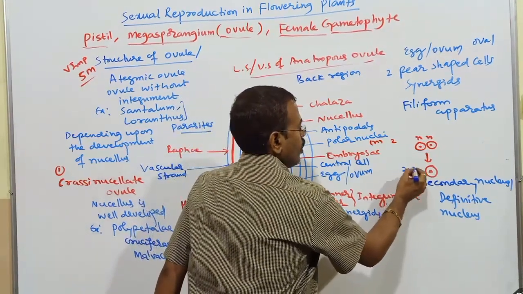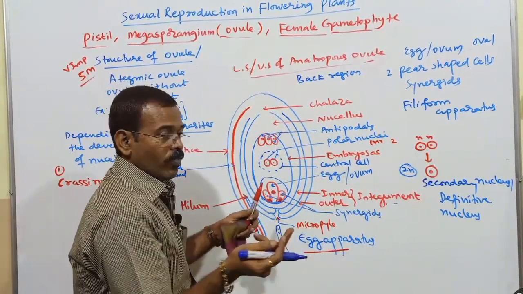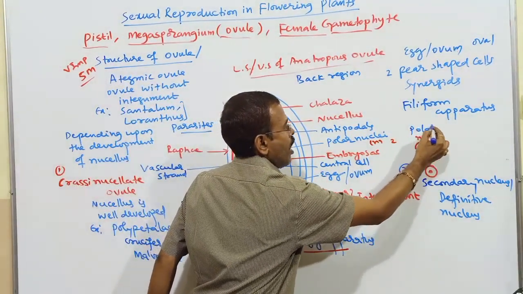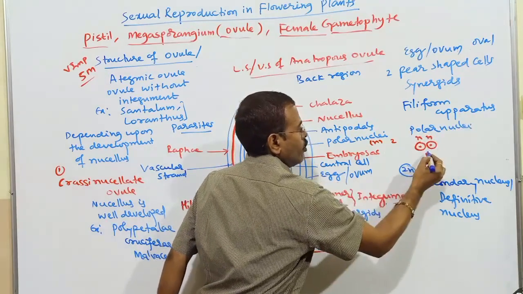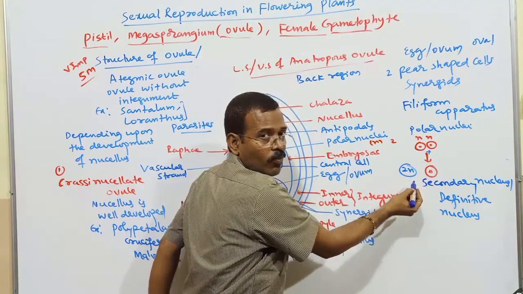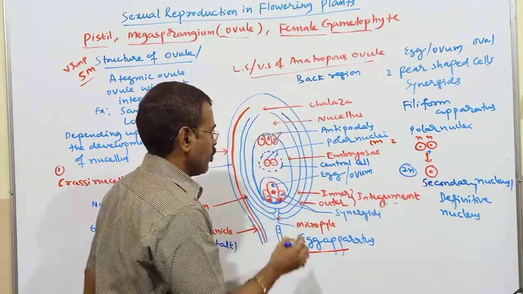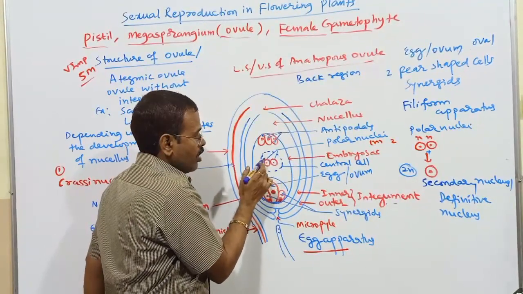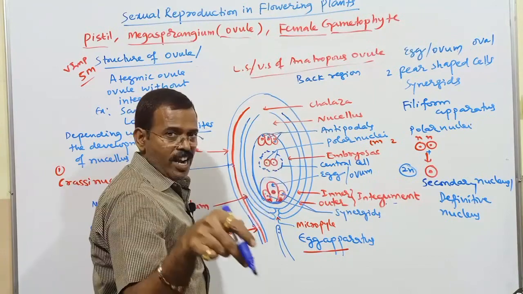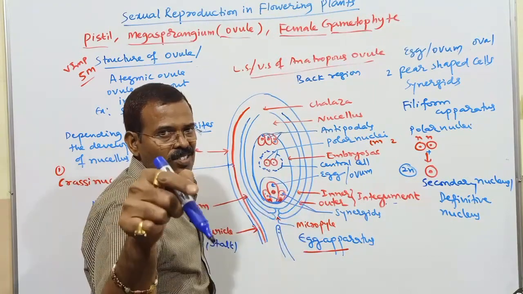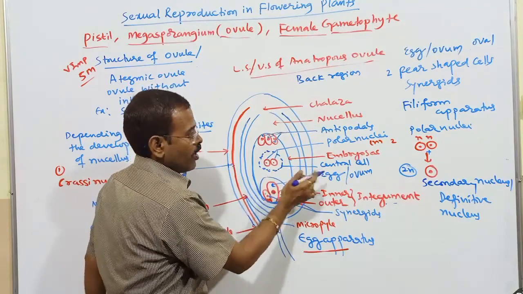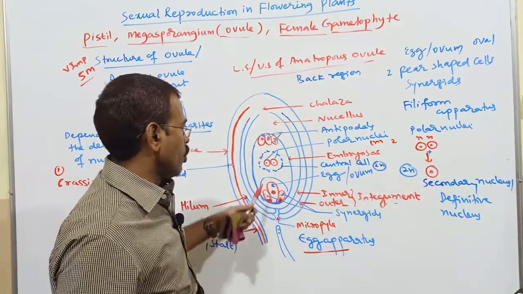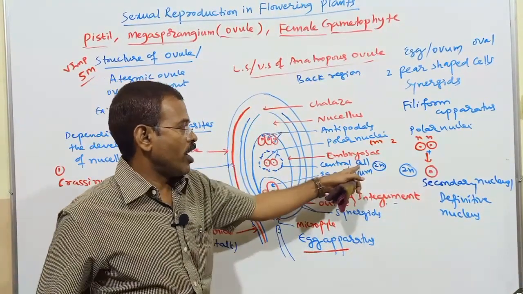It is diploid, as two haploid polar nuclei fuse. When they fuse, it results in the formation of a diploid secondary nucleus or definitive nucleus. The cell which contains the secondary nucleus, present here in the center, is the largest cell in the female gametophyte, that is the central cell. So the central cell contains a diploid secondary nucleus and is diploid in nature.